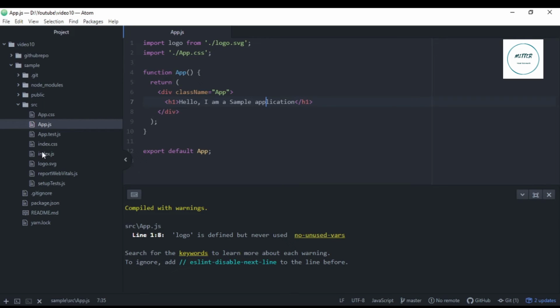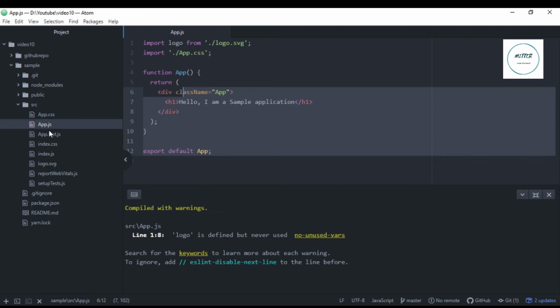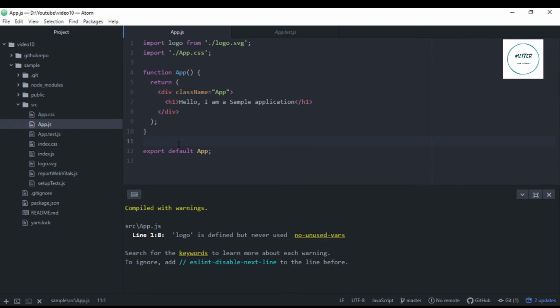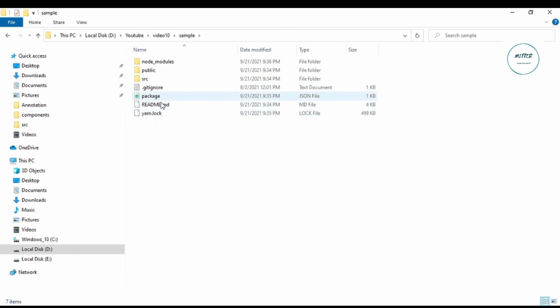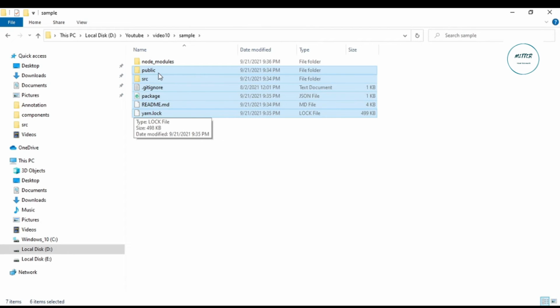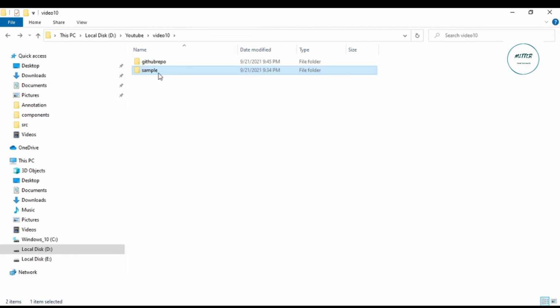So this application has all these folders here, a lot of folders. And what I'm going to do is push all this code of this application into that repository which I've just created. For that, I need to go to the folder where I've kept this application, copy all the folders that I need to add to the repository, and then go to my clone where I've cloned it and paste it here.